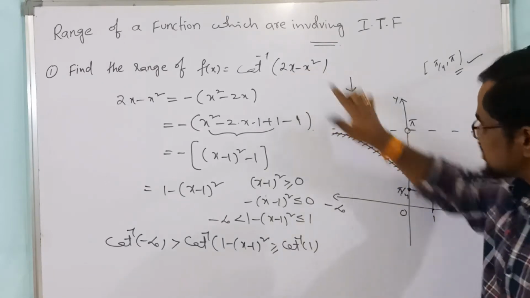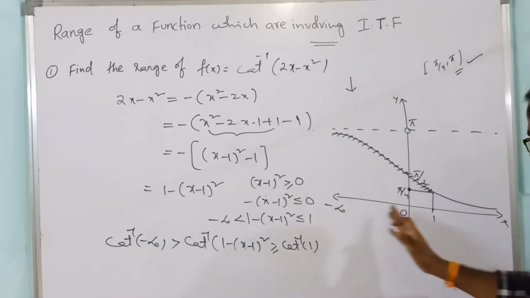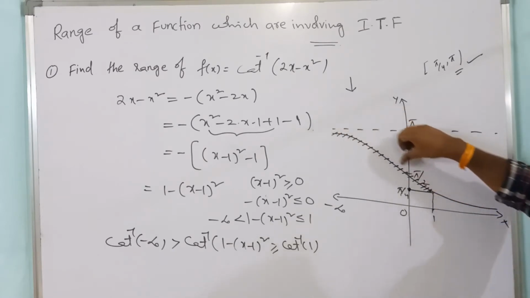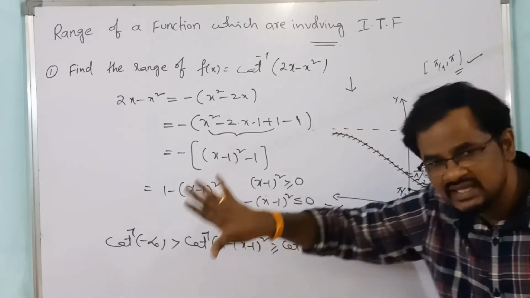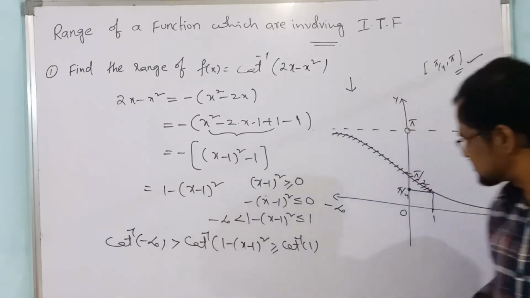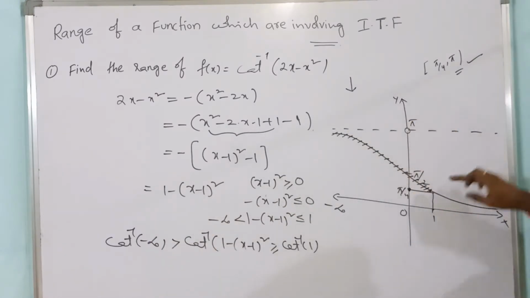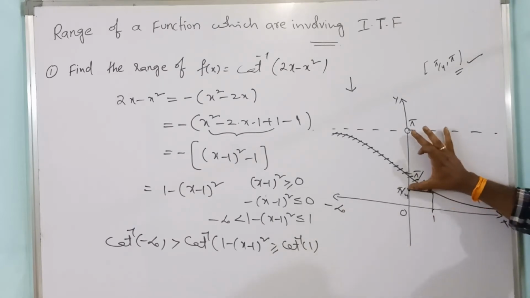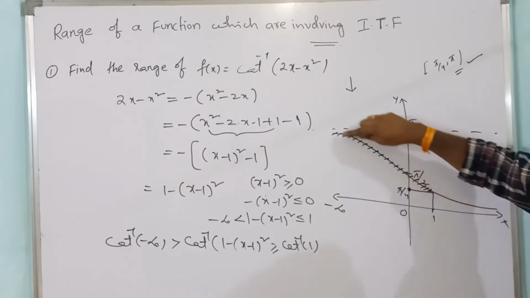Once again, this expression exists from where to where? Minus infinity to 1. So this is the graph, for this one we are applying the function cot inverse x. So that's why this is the cot inverse x. So for minus infinity to 1, cot inverse exists from where to where? Minus pi by 4 to open interval pi. Right? So here to here the graph exists.